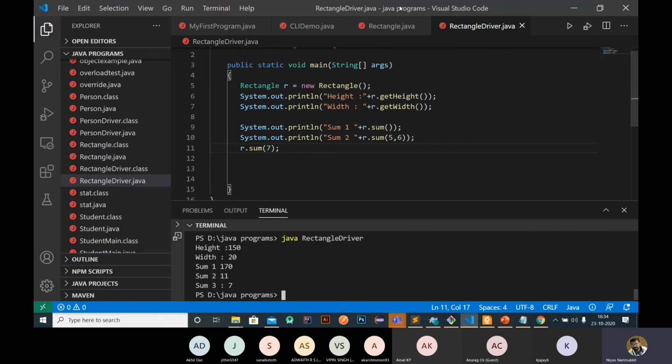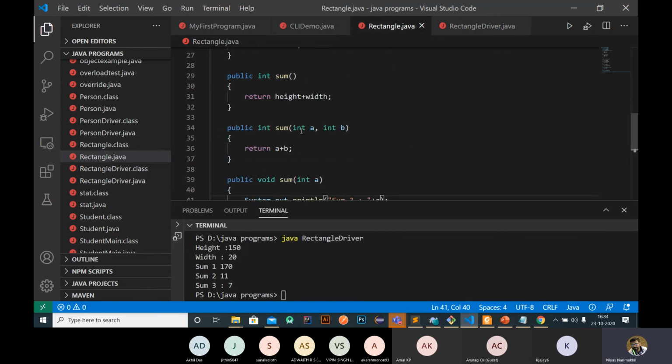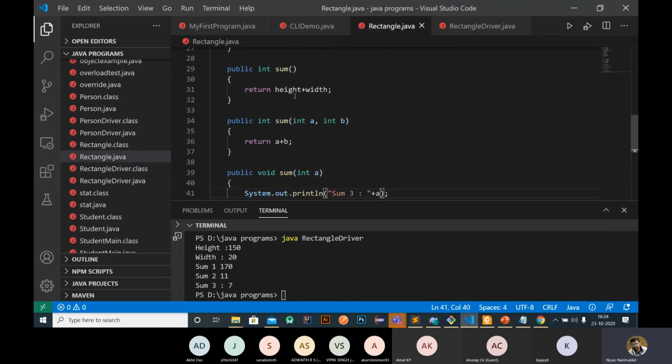Okay, that is working. So we need to differentiate with parameters in case of method overloading.